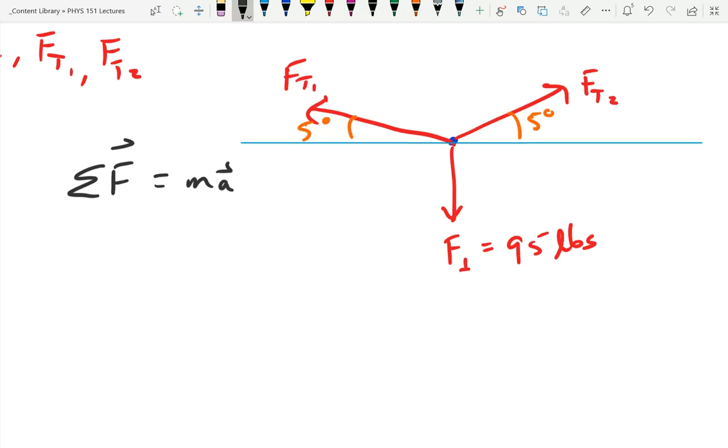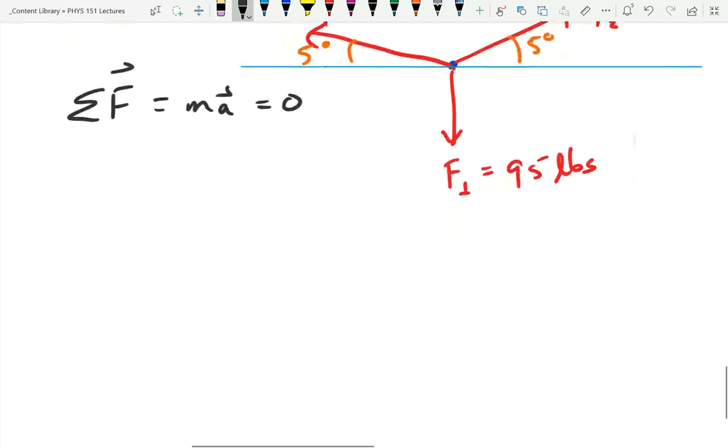There's 2 ways of doing it. If I have only 3 vectors, making a triangle is probably your fastest way. If I have more than 3 vectors, then you're going to have to break each vector into components and apply this in the x direction, and then apply again in the y direction. In this case, because I only have 3,